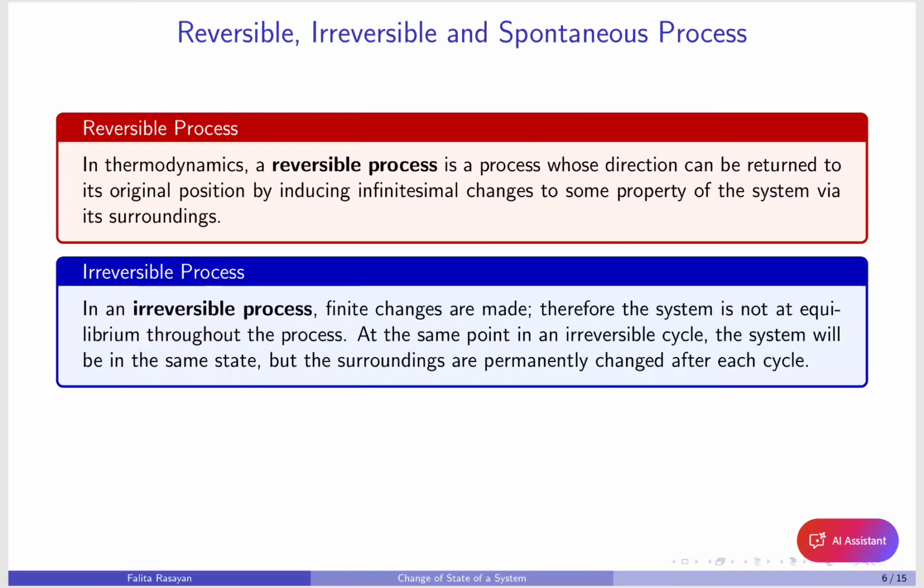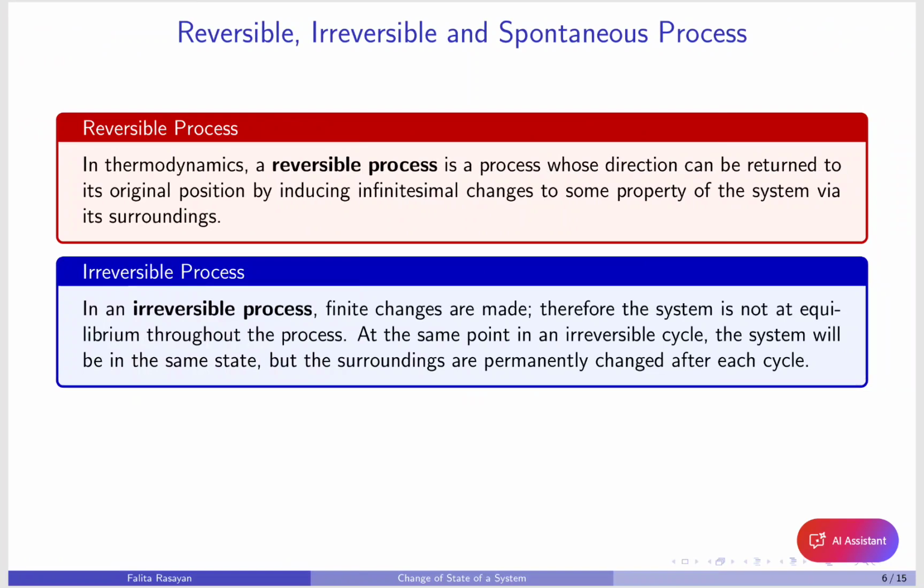Next is an irreversible process. In an irreversible process, finite changes are made. Therefore, the system is not at equilibrium throughout the process. At the end of an irreversible cycle, the system will be in the same state, but the surroundings are permanently